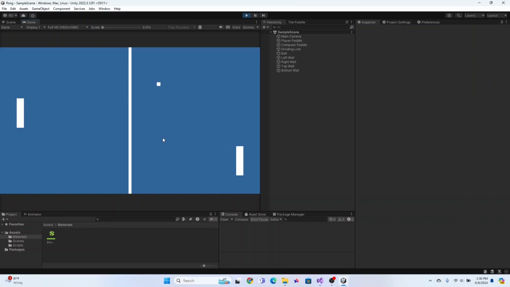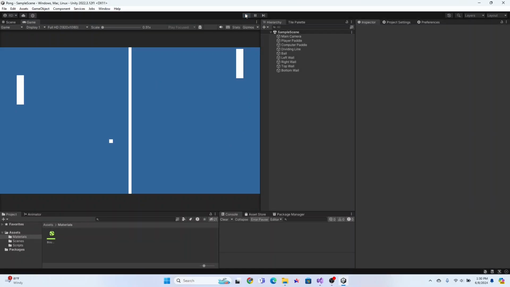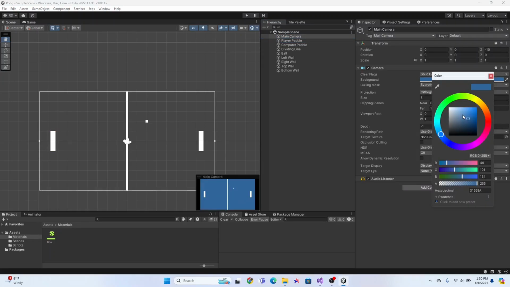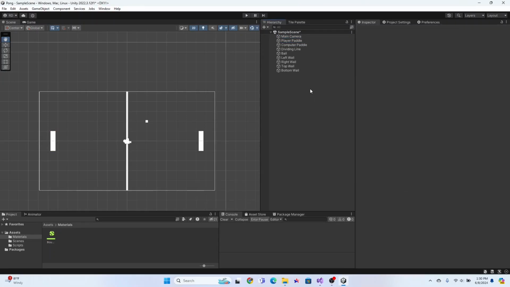We have a working Pong game. Something I would like to change though is that inside the main camera, instead of having it as this bluish color, set it to black. And now I would like to create some UI. So inside of our assets folder,